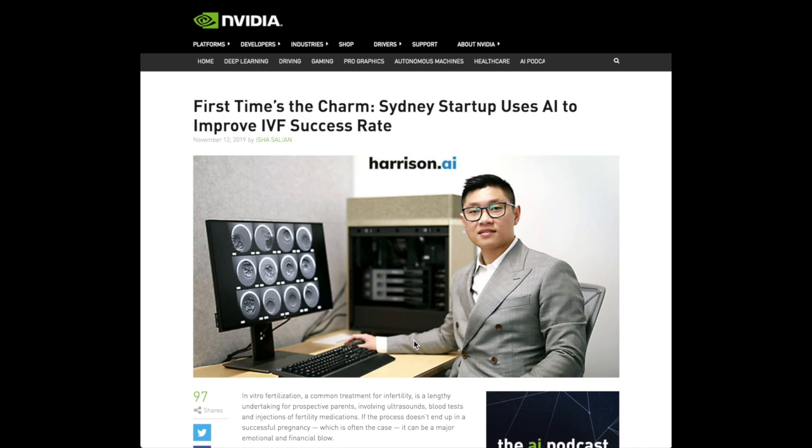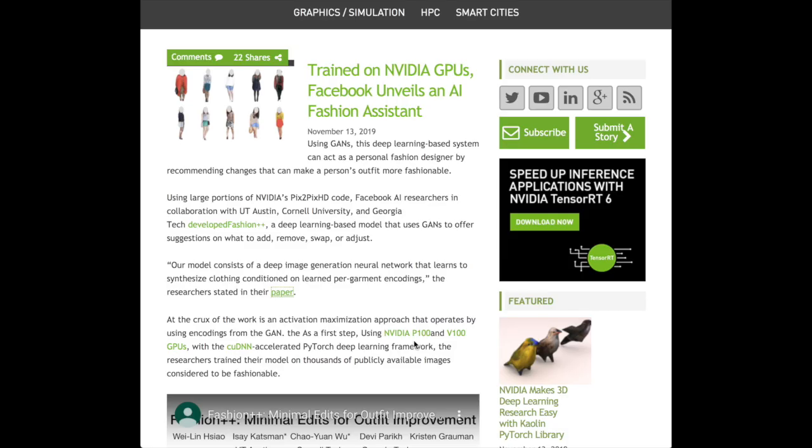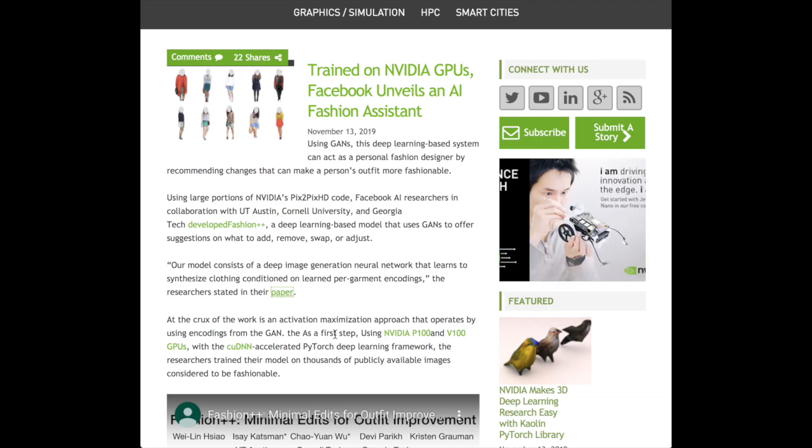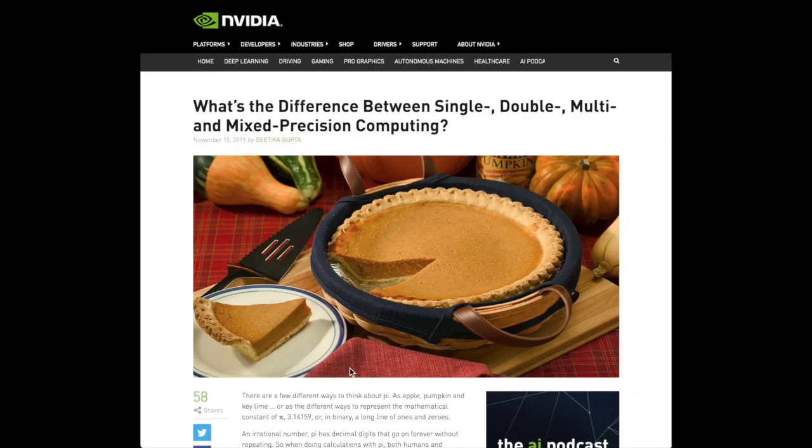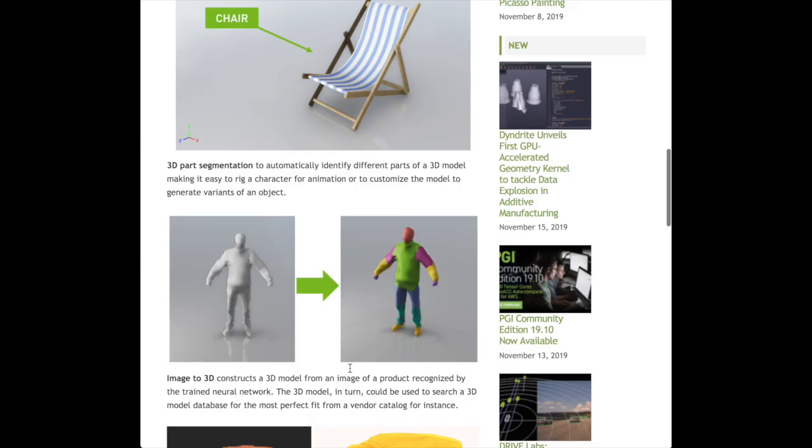Then from Nvidia, we'll look at this company, Harrison.ai, and their success in predicting in vitro fertilization and different applications in medical imaging. Also from Nvidia, we'll look at Facebook's Fashion++ model and a new video further explaining the algorithm. Then we'll also look at a discussion on mixed precision computing from Nvidia, and we'll look at this new Kaolin